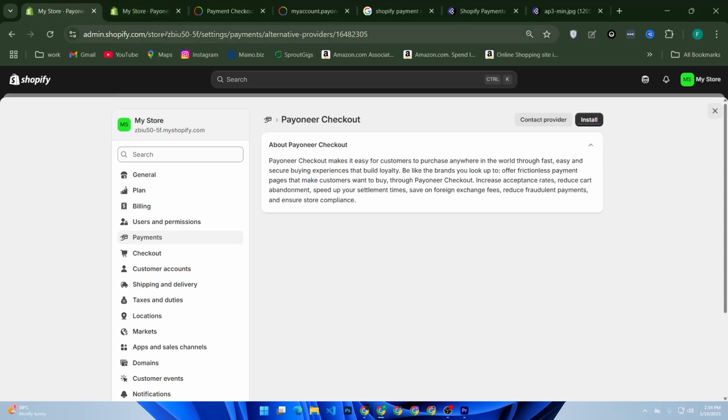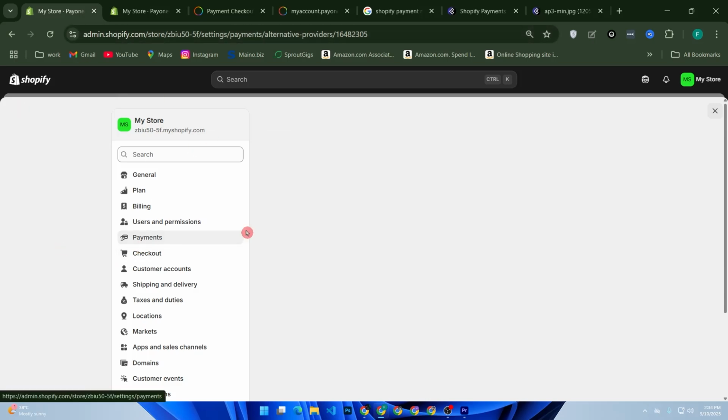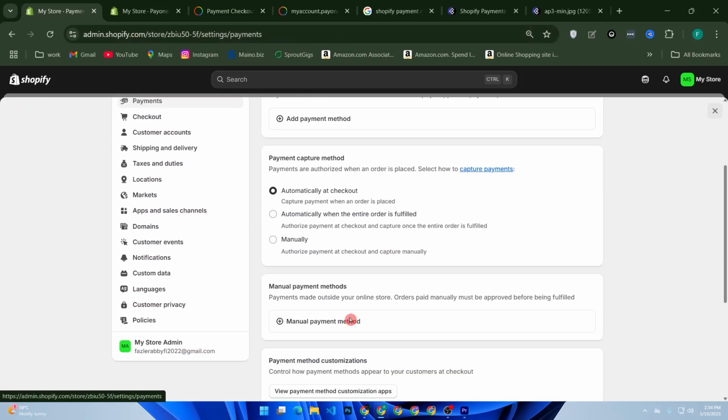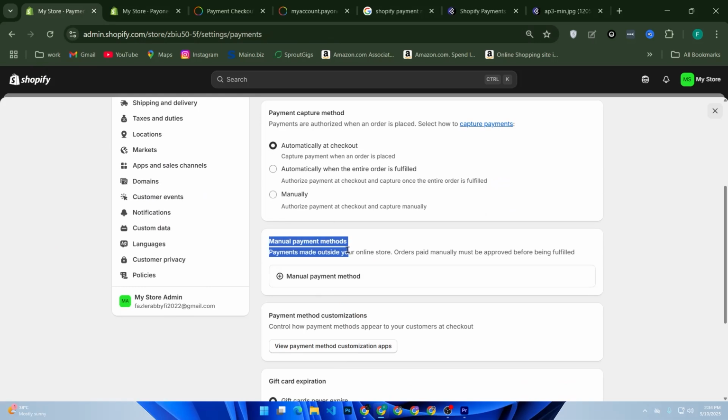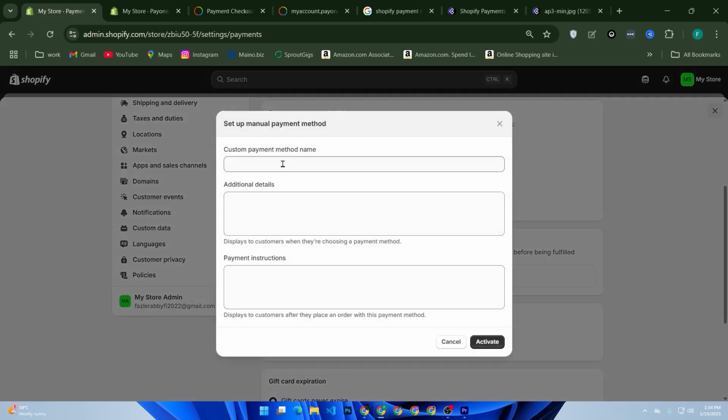You can also add manual methods like cash on delivery, bank deposits, or money orders. Just go back to payment section and now scroll down to manual payment methods section. Click manual payment method option, then create custom payment method. Now enter your payment name like bank, add your bank name, your beneficiary name,